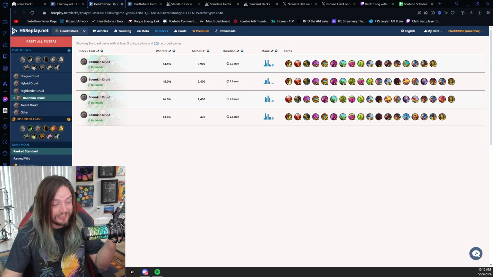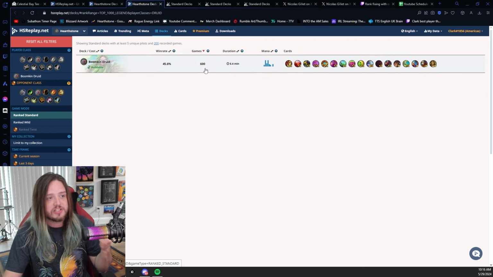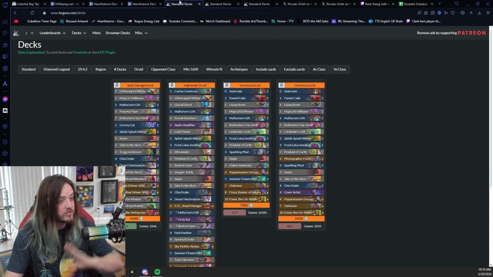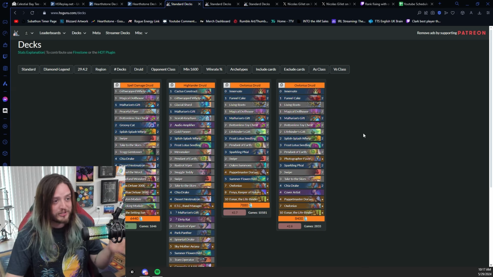And as of these legend stats, you can see that the highest win rate is a 46% over 1,400 games, or with the most popular list, about 4,000 games, but barely cracking a 45%. But when you go up the top 1,600 games, you're sitting at about a 45%, which again isn't that insane of an uptick. But if you go to Donkey, and this is why it's very important to check out more than just one Hearthstone website, HS Replay is showing that Owl Druid may not be worth learning,